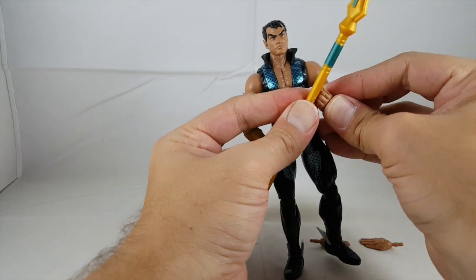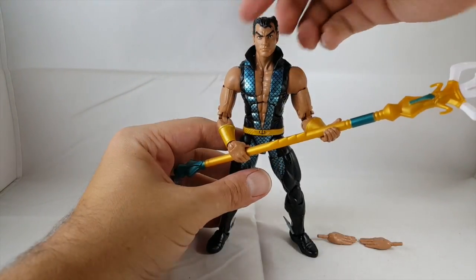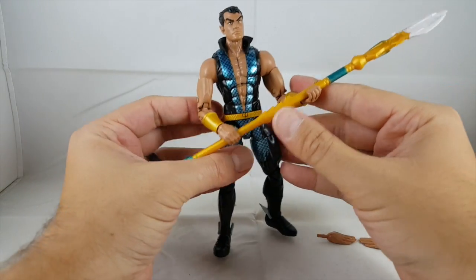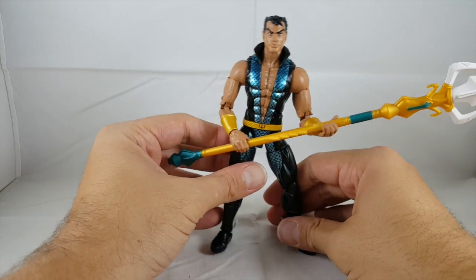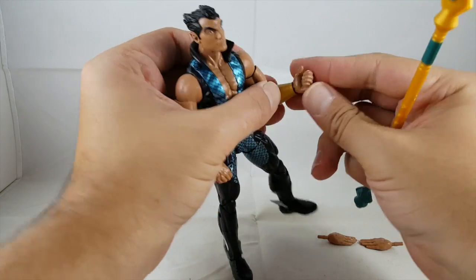Sorry guys, I'm just going to try to fiddle with it here to get him double holding. Alright guys, there he is holding it with both hands. This is kind of just a quick pose. I don't know, I'm not a fan of this one. He holds it definitely a lot better with both hands. One-handed, it just pops out really easy, and it is going to stretch his hands out,